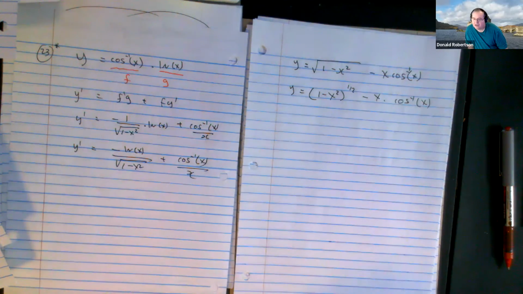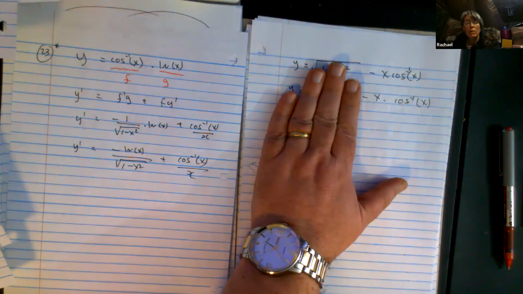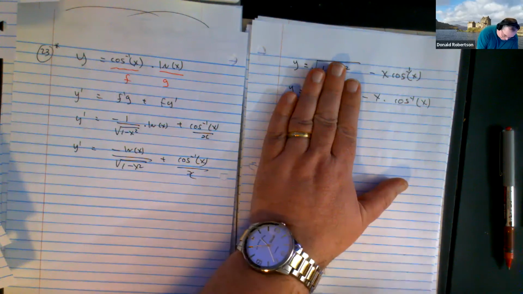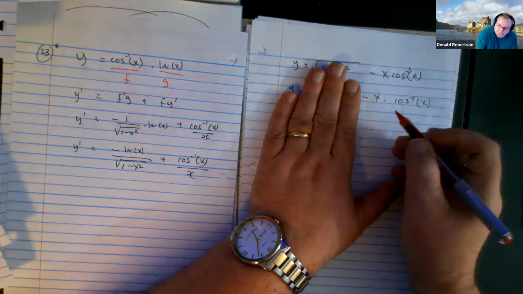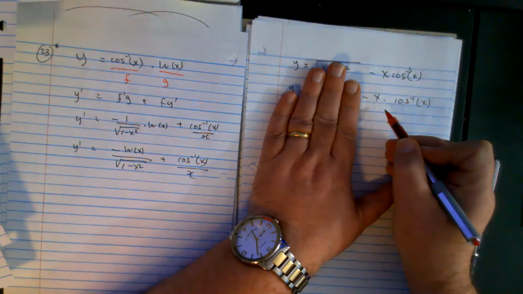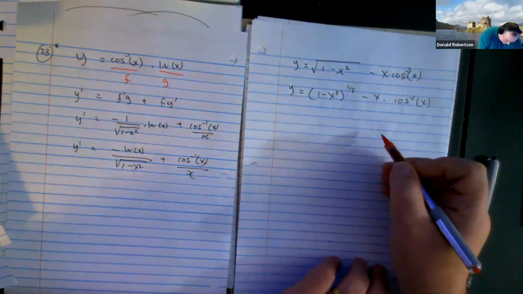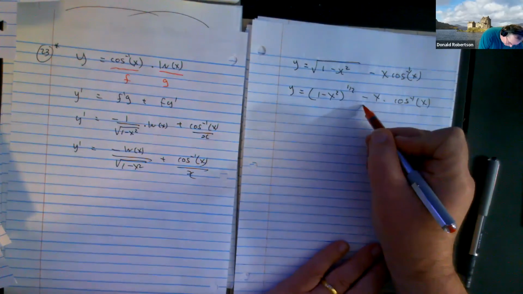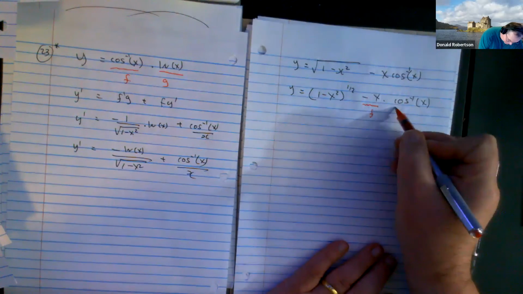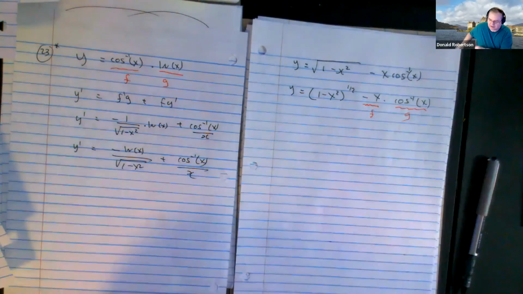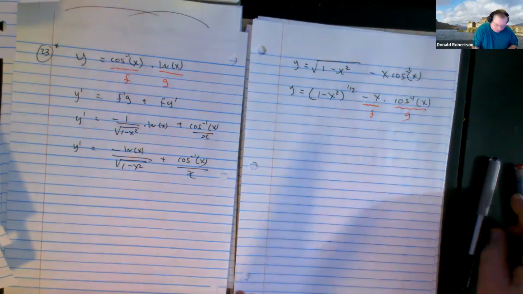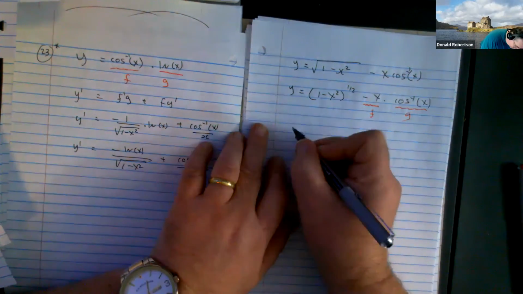How do you differentiate x cosine x? What method do you use? A product rule? Yeah, product rule. And that negative's a bit of a pain. If I include it with the f, that means I don't need to worry about subtracting something later on, right? And it just gets messy and I forget to do it anyway. So